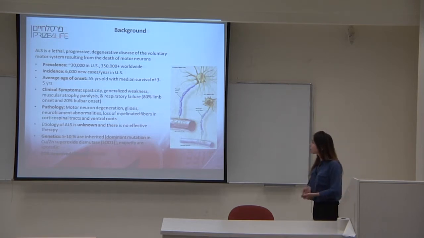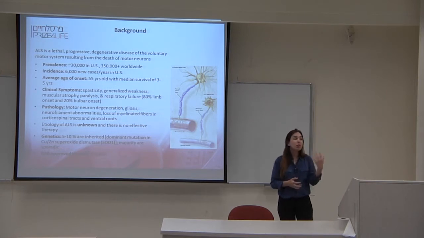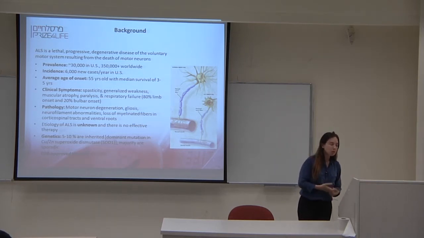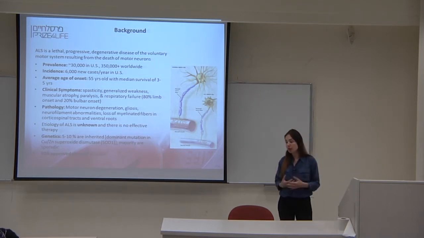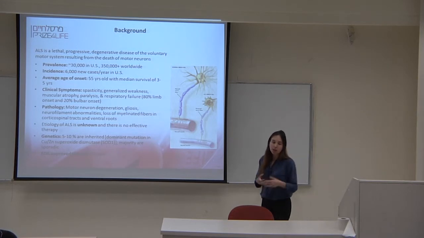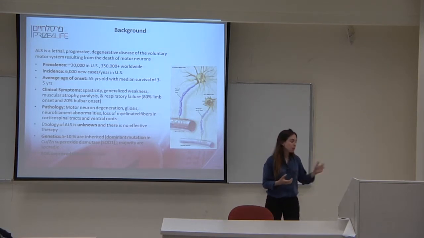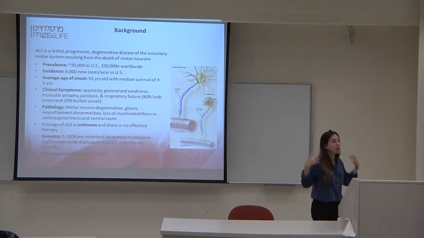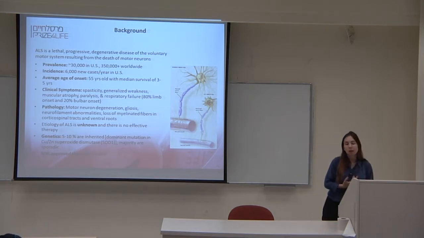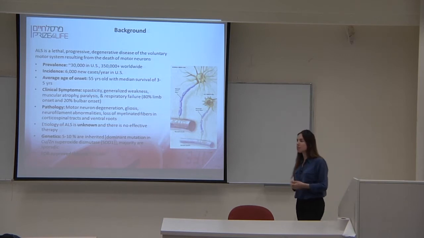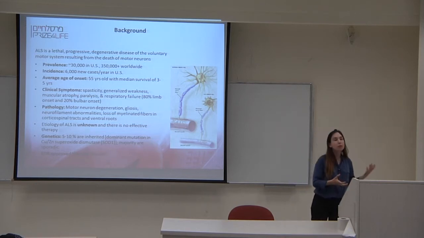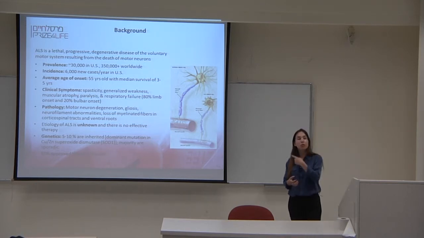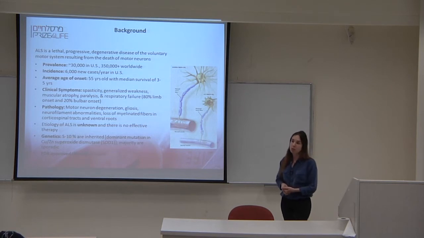So what is the manifestation of the disease? The disease affects the motor neurons. The motor neurons activate the muscles for voluntary movement, so the only actions that are affected are voluntary movement, but there isn't any clear progression profile. The disease can start at any part of the body. In about 80% of the cases, it starts in the limbs. That's the most common, and it could be any one of the 4 limbs. In the remaining 20%, it starts in the mouth area, what is called bulbar onset. That would be difficulties in swallowing or in speech.